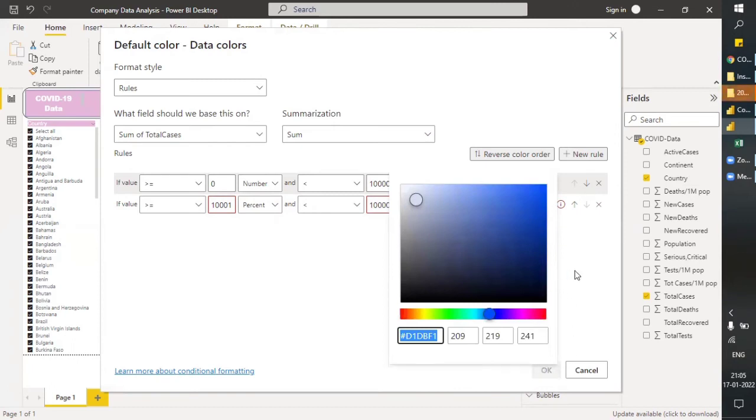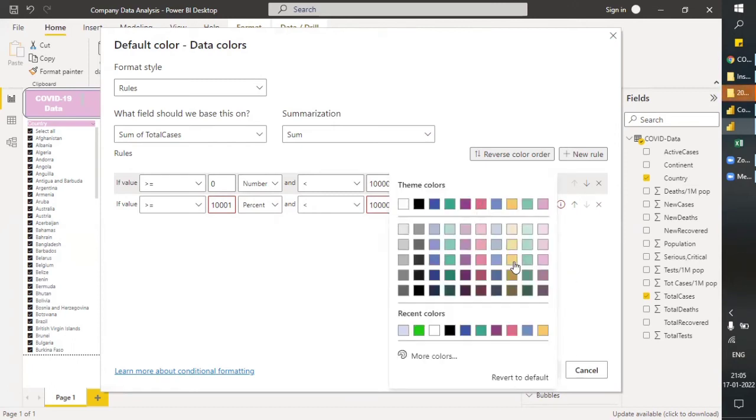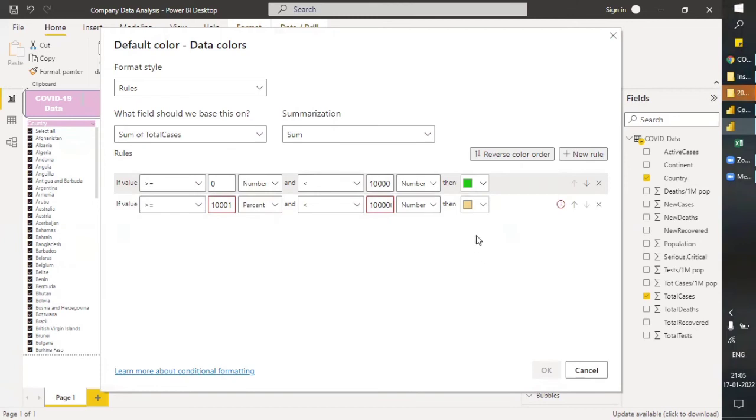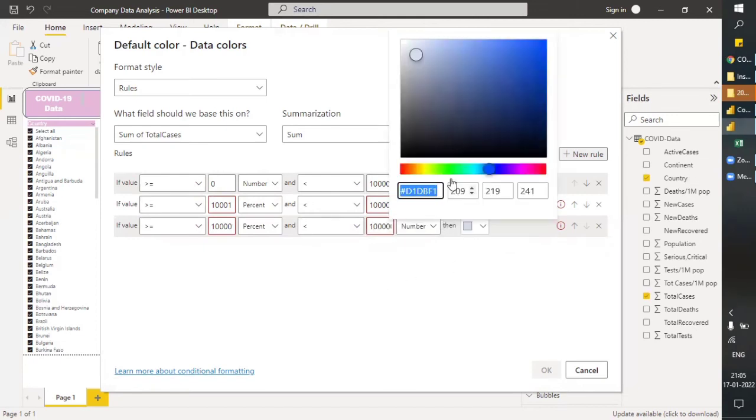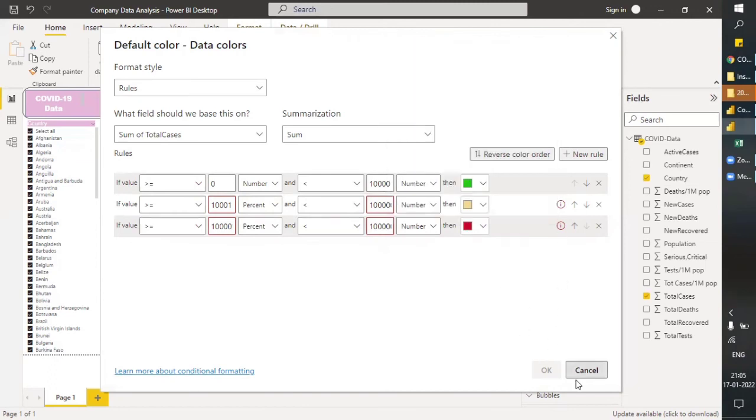Okay, let's go with this yellow. Now we want another rule. Let's copy this and add here, let's put 1, and let's add some more zeros, and let's make it red. And this is now fine.